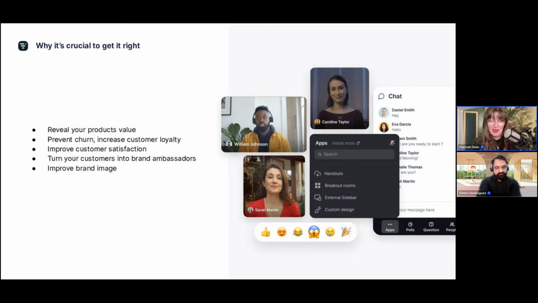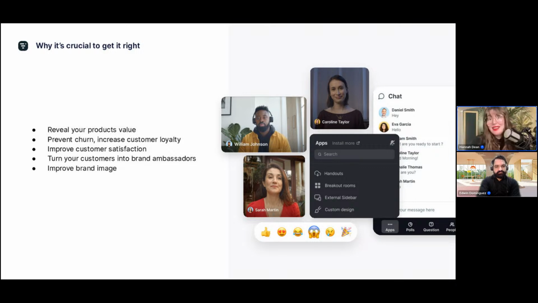What's the most that they could get out of this? And without this, they're going to ultimately churn. By instilling these, the value, the support that you're able to offer, you're increasing their loyalty, you're creating very strong customer satisfaction, you're building a relationship together, and you're transforming clients into customers, into power users, into brand ambassadors, right? And advocates. So these are the people that you really want to connect with and really create very intentional dialogue and support systems in place to make sure that they're able to help support your vision, your brand image,